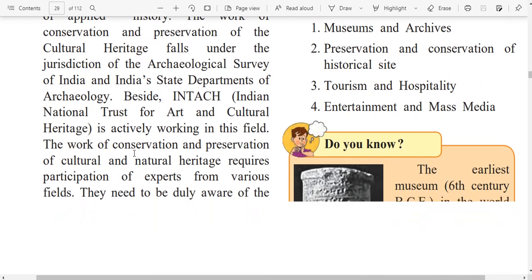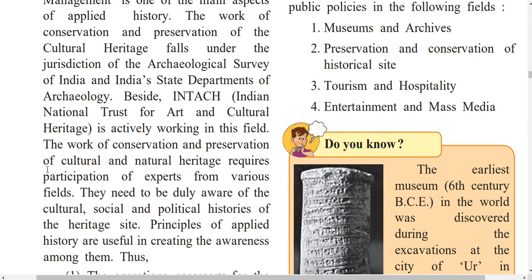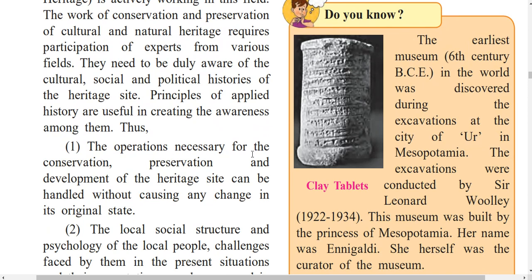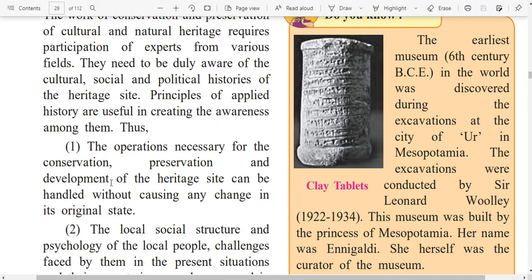The work of conservation and preservation of cultural and natural heritage requires participation of experts from various fields. They need to be duly aware of the cultural, social, and political histories of the heritage site. Principles of applied history are useful in creating the awareness among them. Thus, the operations necessary for the conservation, preservation, and development of the heritage site can be handled without causing any change in